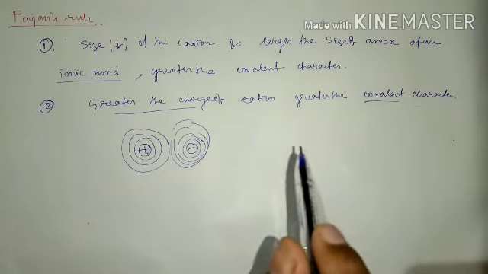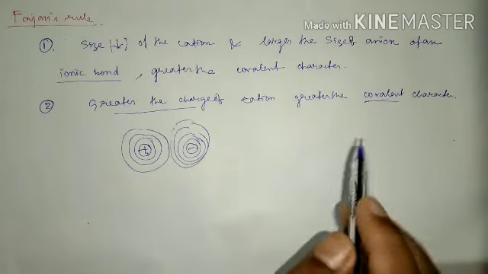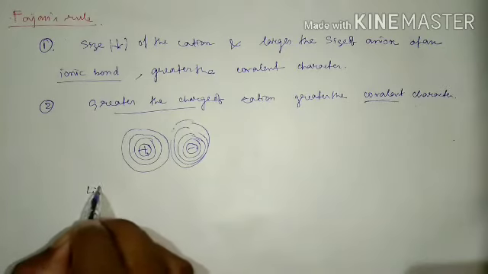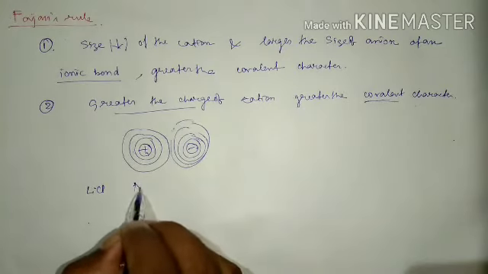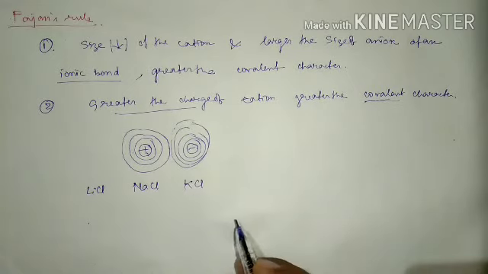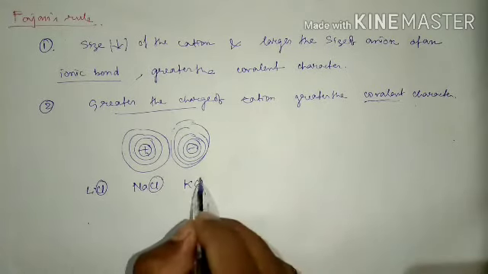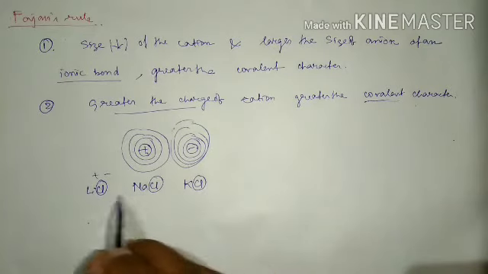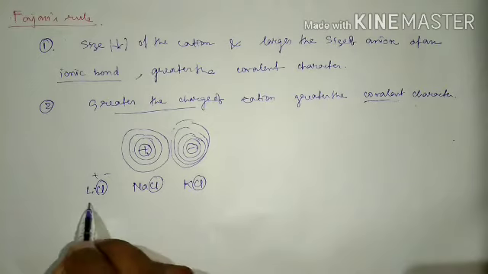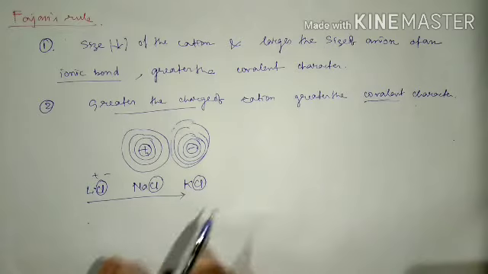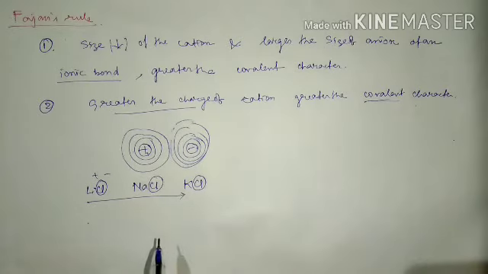Now let us take an example. The example is lithium chloride, sodium chloride, potassium chloride. Now see, the anions are the same, only the difference is in their cations. So from lithium to potassium, that means from group number 1, the alkali metals, from lithium to potassium,